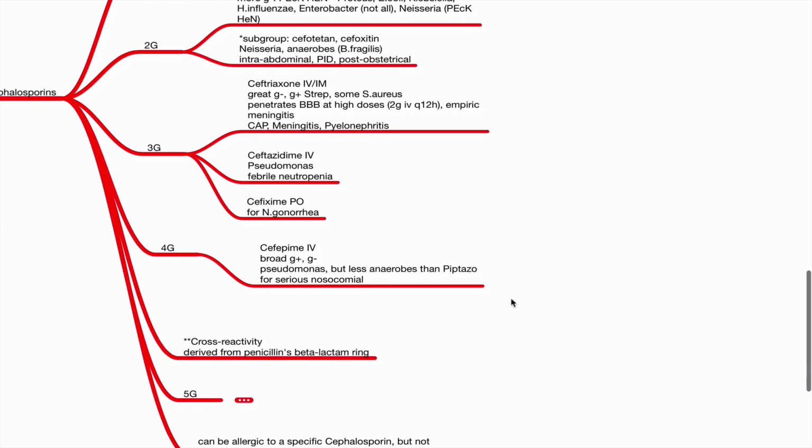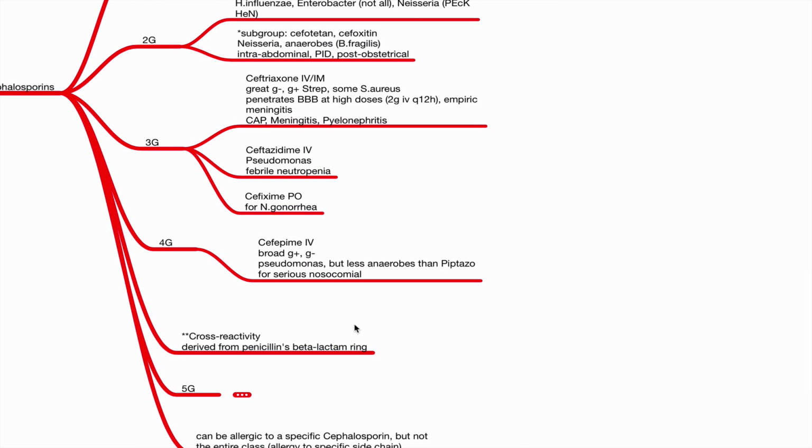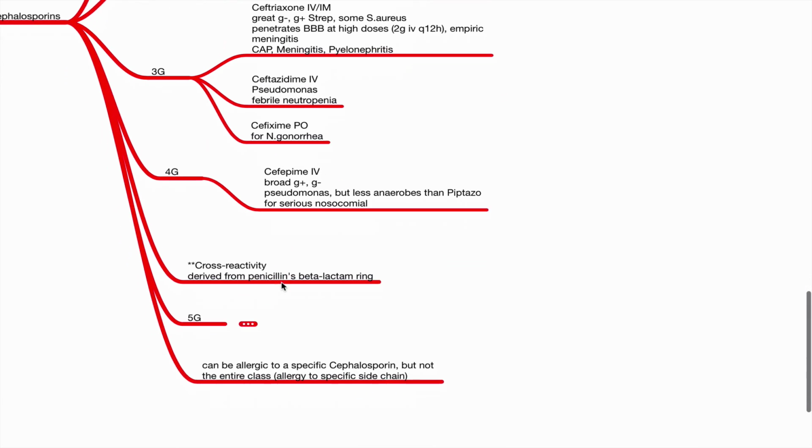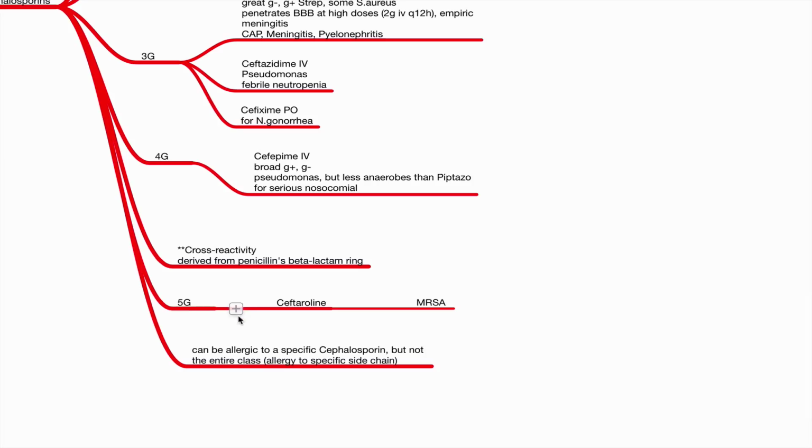Fourth gen, we have Cefepime. It's an IV fourth generation cephalosporin that has broad gram-positive and gram-negative coverage and covers Pseudomonas as well. However, it does cover fewer anaerobes than Piptazo does, and cefepime is often used for serious nosocomial infections. Then we have the 5th gen. The drug to know here is ceftaroline, not commonly used at this time, but worth noting that ceftaroline does have